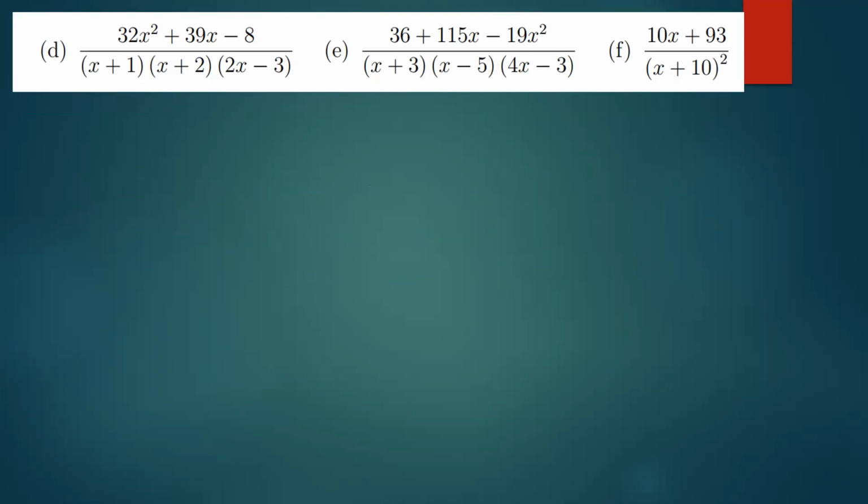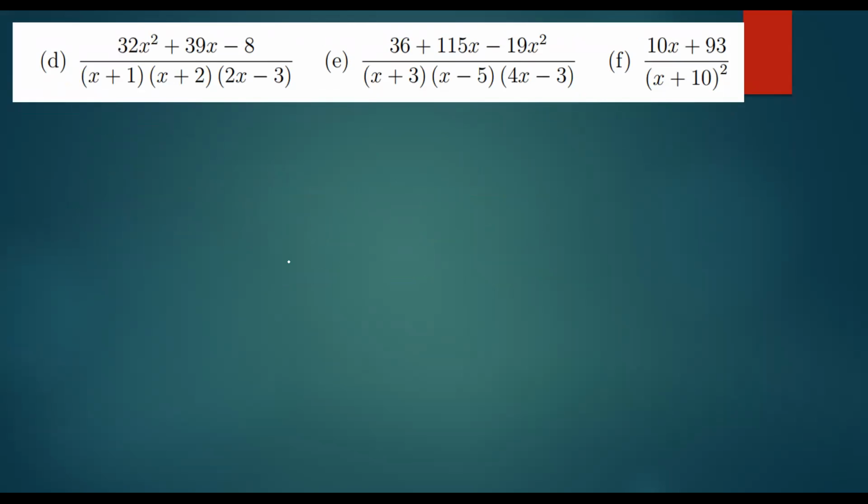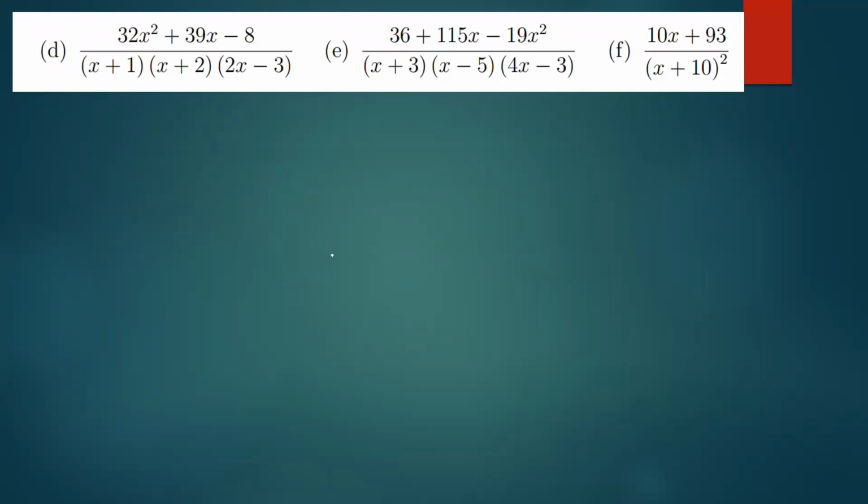We do the same thing that we just did, except that these have factors that are repeating. So how do you deal with a partial fraction with factors that are repeating, like this one here? Okay, let me first solve one with 3 factors, and then I'll go to the one that is having repeating factors. So we have 32x squared plus 39x minus 8, everything over